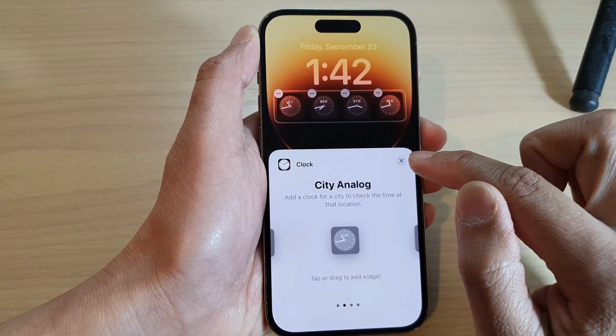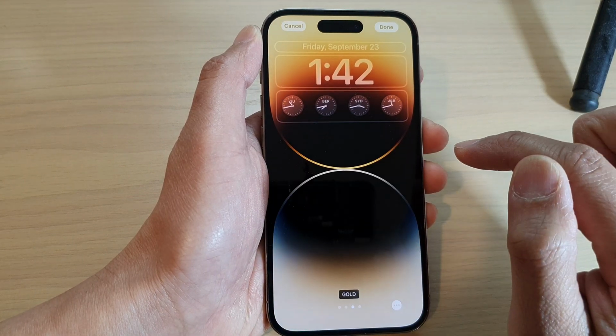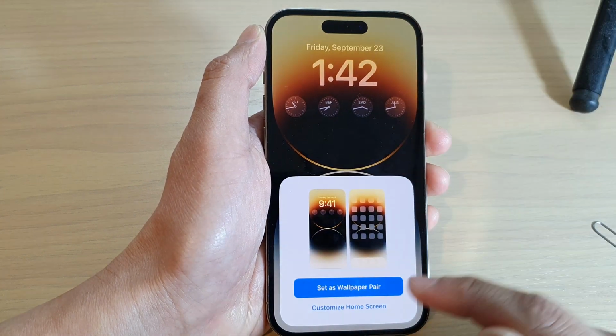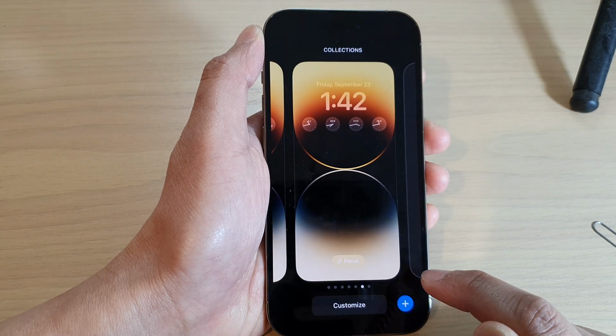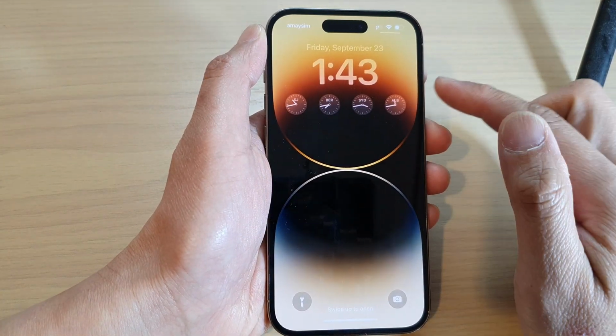After that, tap on the close button from the pop-up, then tap on the close button again, and then don't forget to tap on the done button at the top. From the pop-up, tap on set as wallpaper pair, and now tap on the lock screen to close it, and